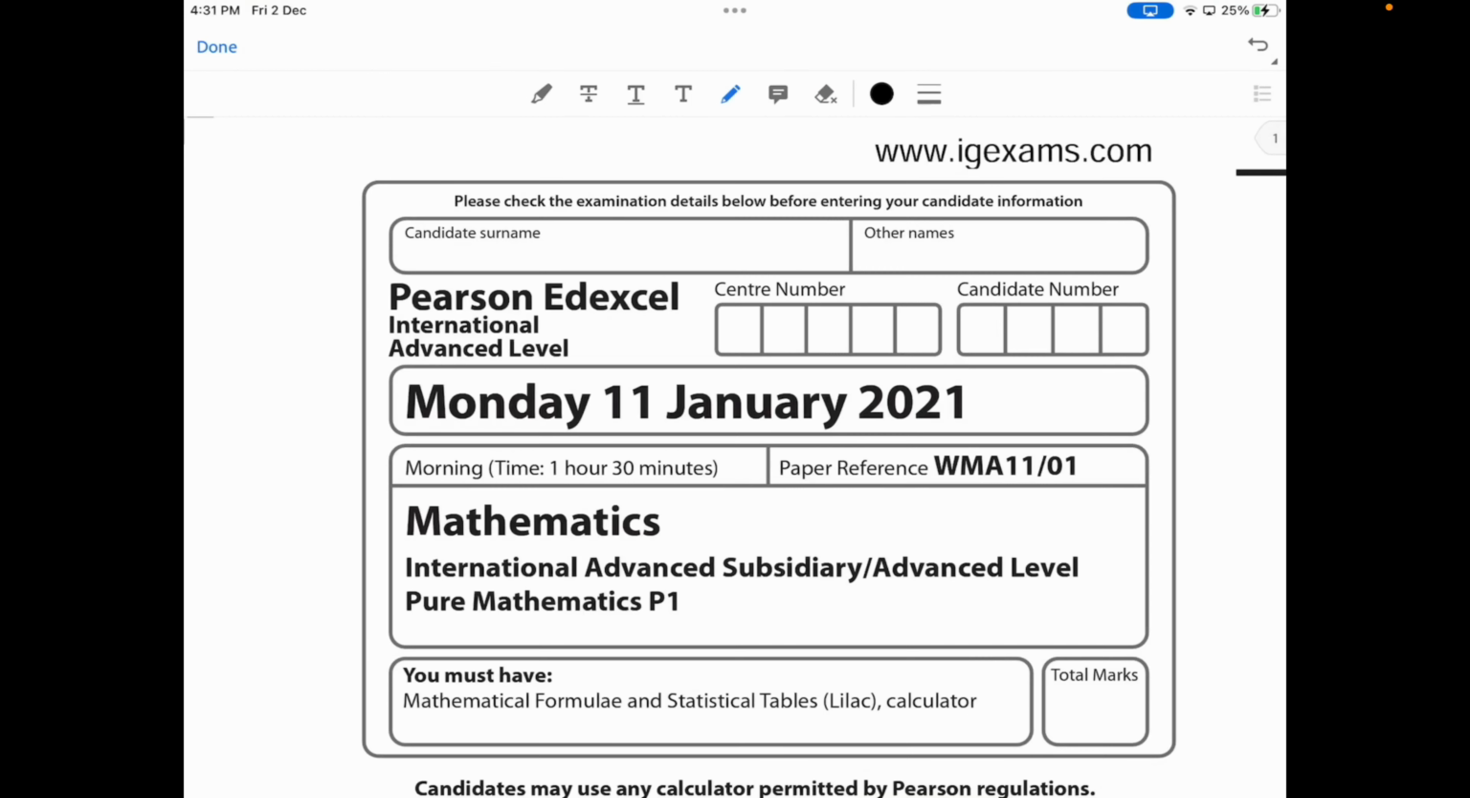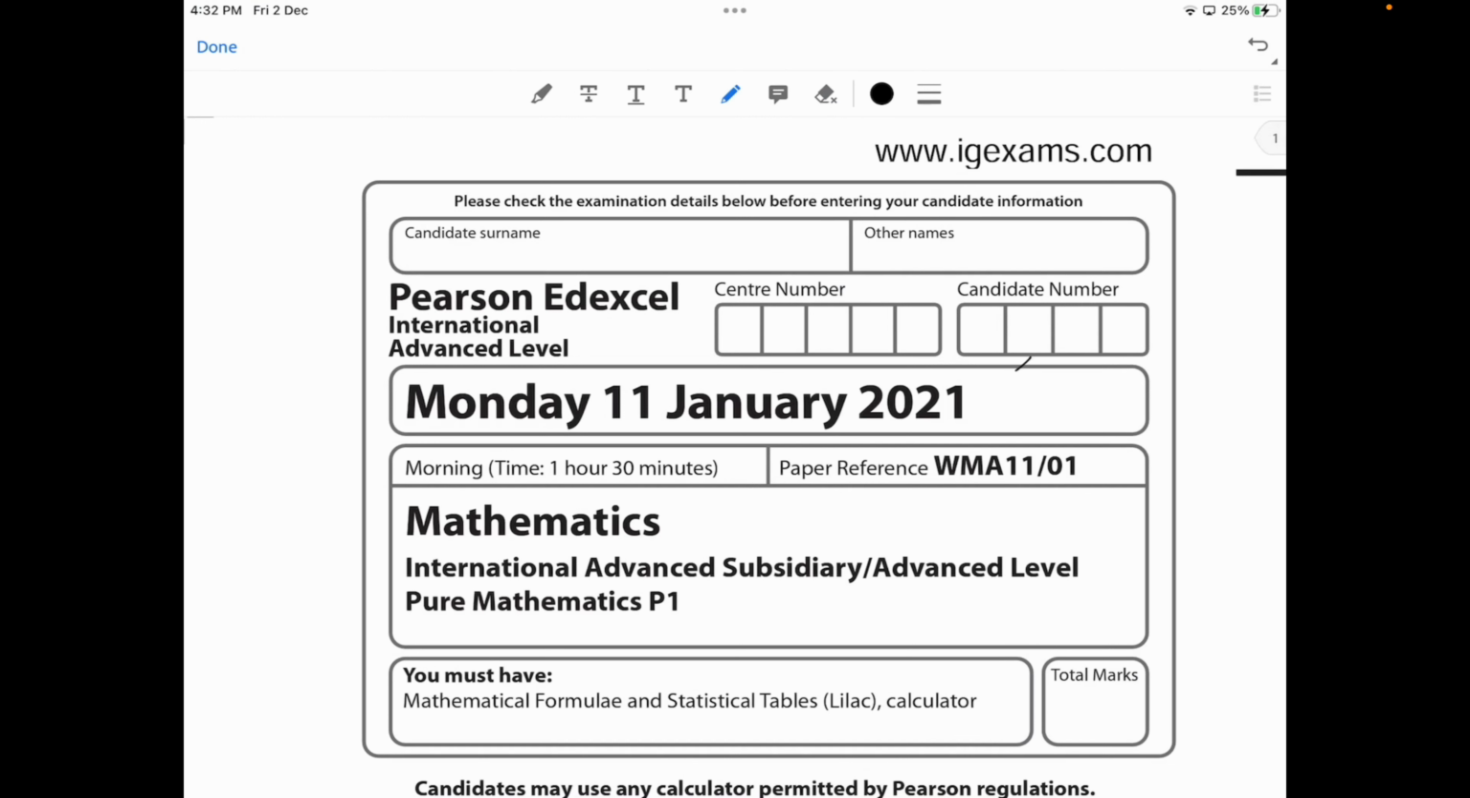Today I'm just doing a special past paper walkthrough for Pure Mathematics P1. I know many of you are taking the P1 examinations in Jan and May, June, so hopefully this video can help you solve certain types of questions. By the way, this is a Pearson Edexcel International Advanced Subsidiary, so that means this is an AS level paper